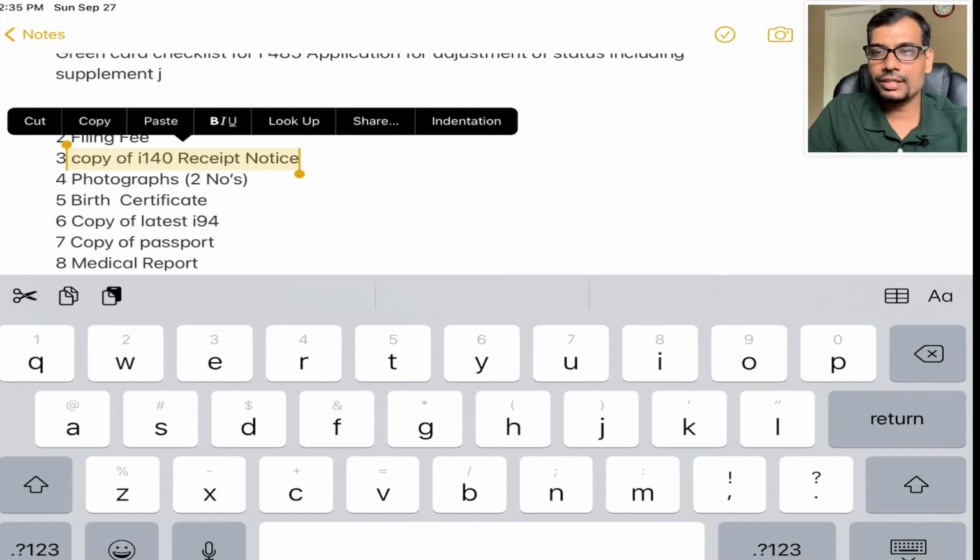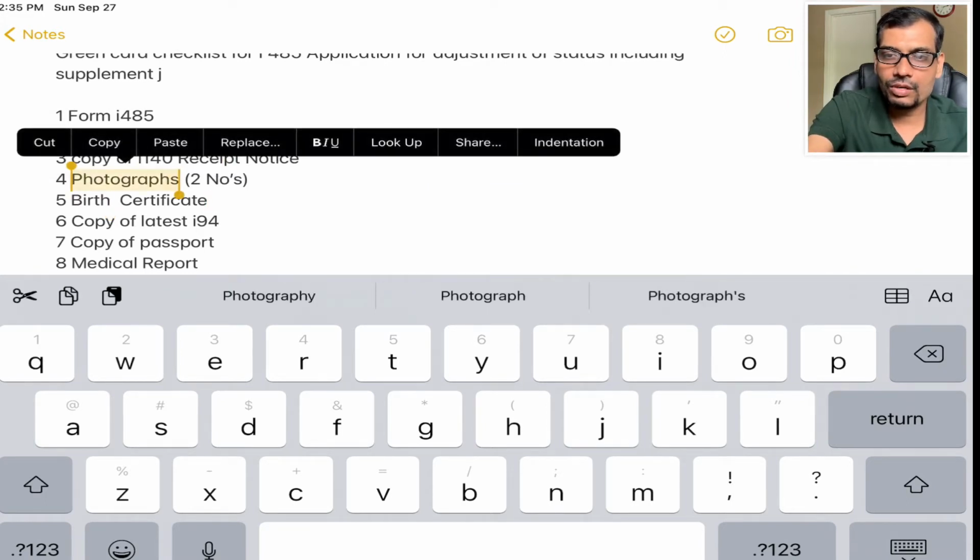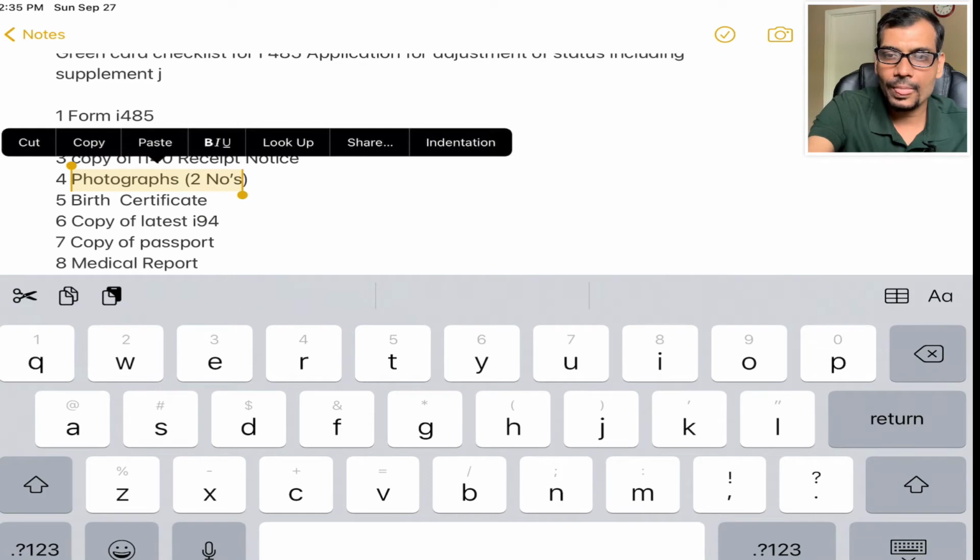So I-40 determines the priority, and you will get an I-40 receipt in your mail, whether from your employment or not. So that is very important. You can get the I-40 from your employment, received one. So this is the important one. And then you need the photograph for yourself. Basically that photograph is number 2, and photograph is basically a special dimension.